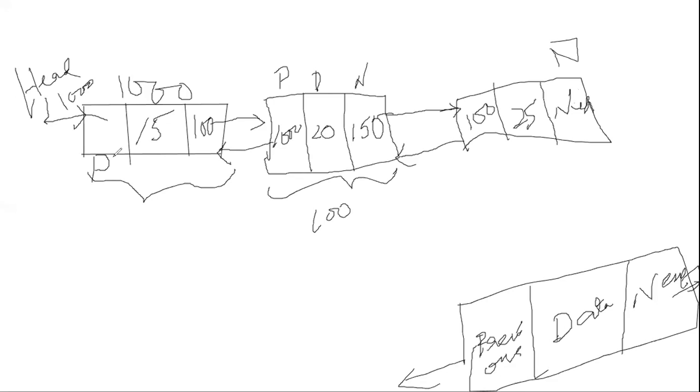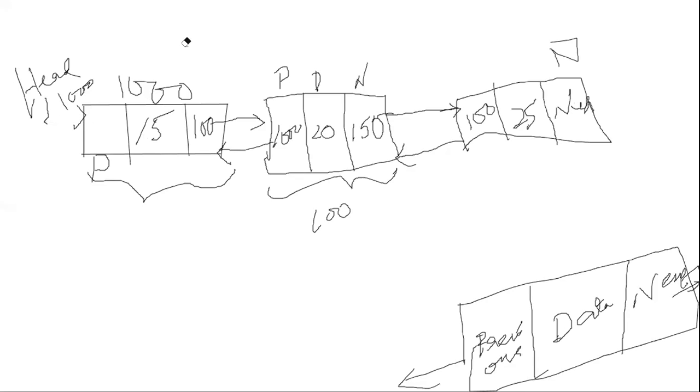So like that. You tell me what is the value I have to write here? Previous node's address. Here you have written 1000 because the previous node address is 1000. Here you have written 100 because the previous node address is 100. Am I correct, guys? What is the value I have to write here? You are clear that here it is null because there is no node after this. Like that I have to write the previous node address only.